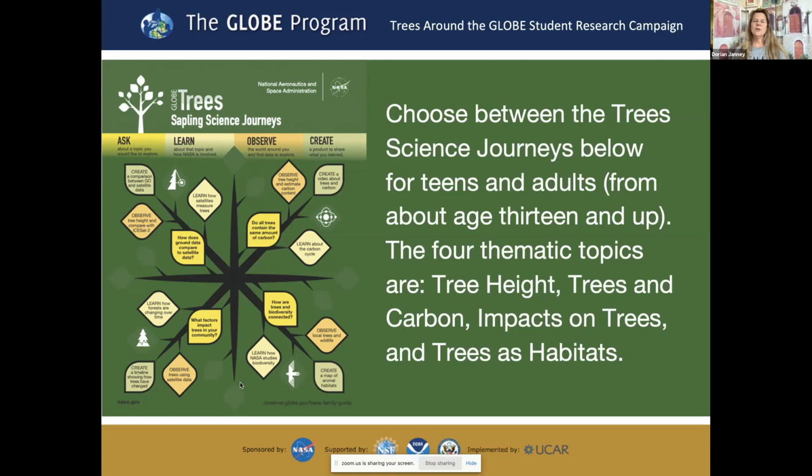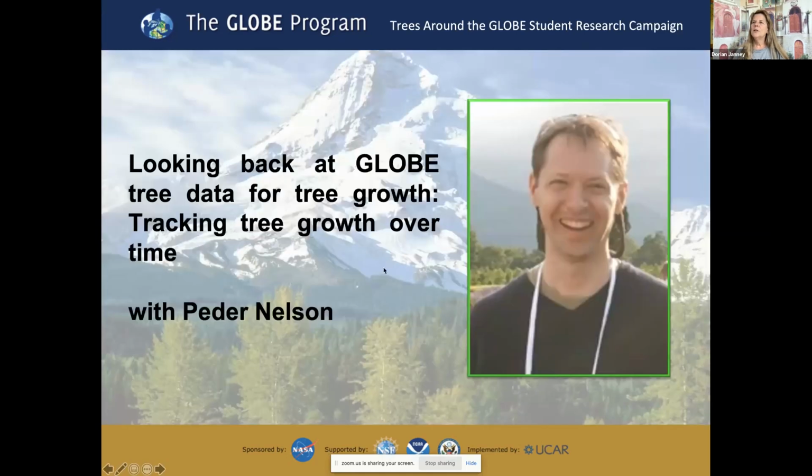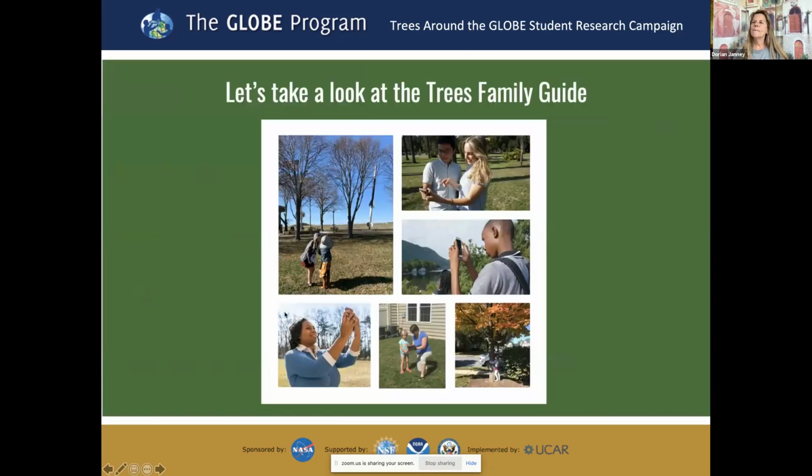What factors impact trees in your community? And that sort of thing. And if we go to the next slide, and then Brian, if you'll tap on this slide, it should be hyperlinked. And so we'll take a look at the tree height guide,